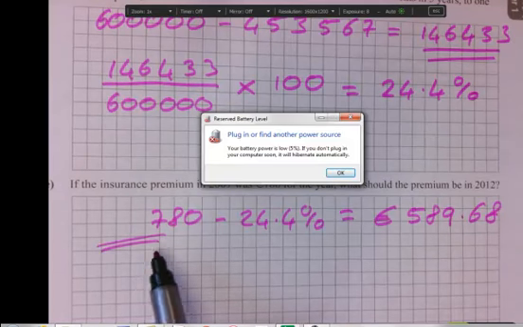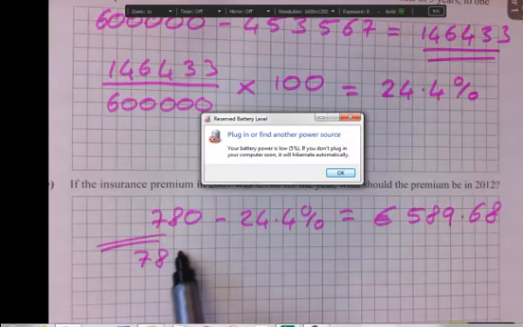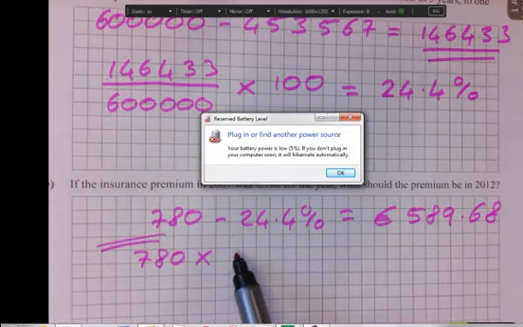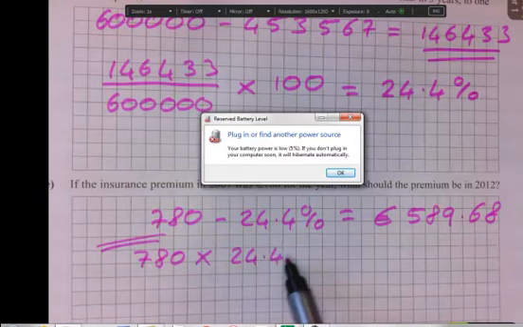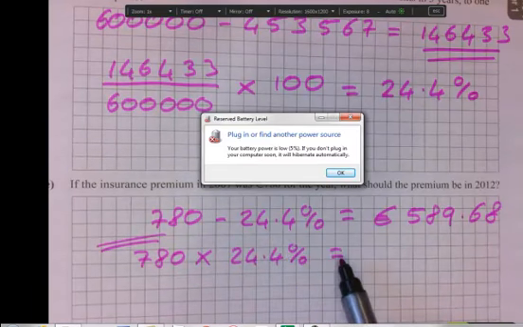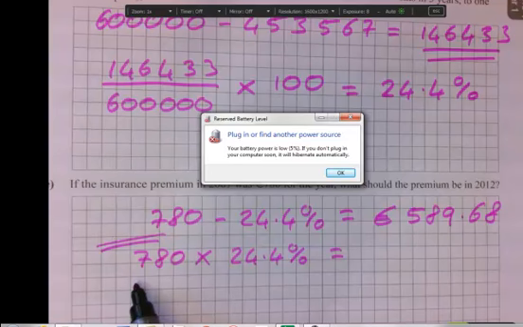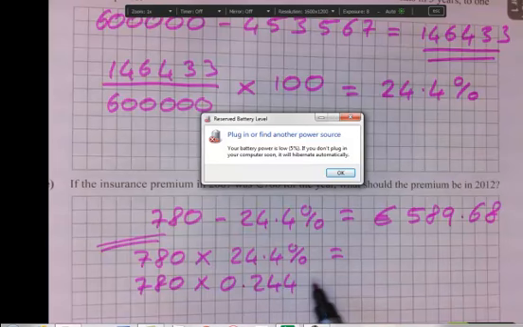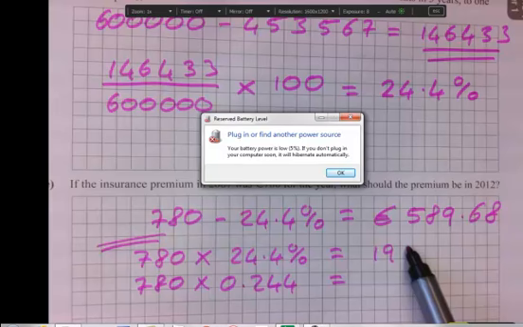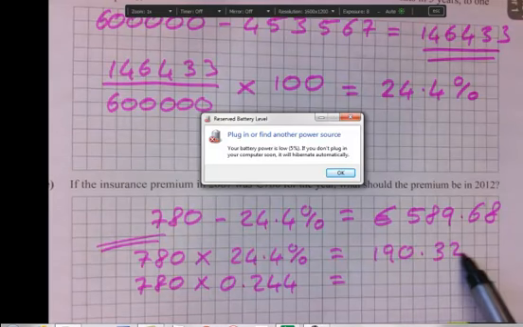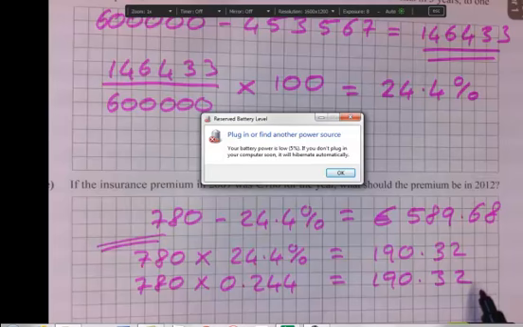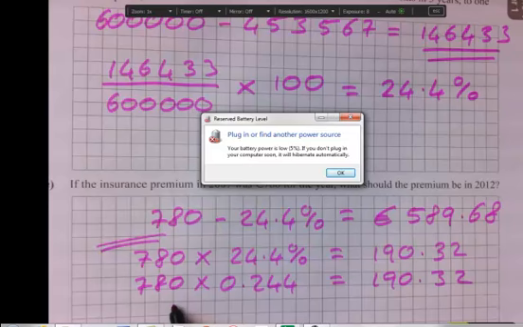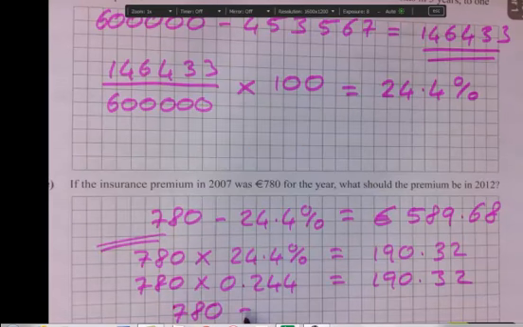If you don't have a Sharp calculator, what you're going to have to do is 780 multiplied by 24.4%, or an alternative might be 780 multiplied by 0.244, either or. When you do that, you'll get 190.32, depending on which way you do it. Of course, then all you have to do is subtract. So you'd be saying your 780, take off